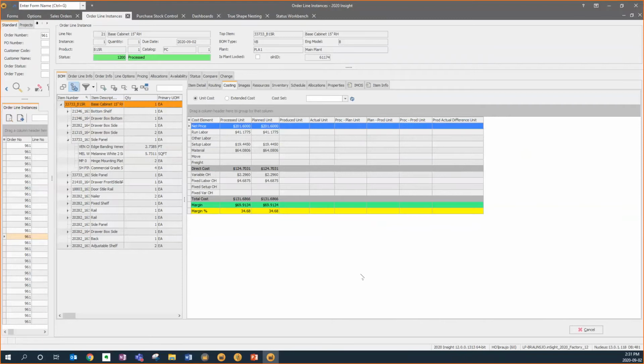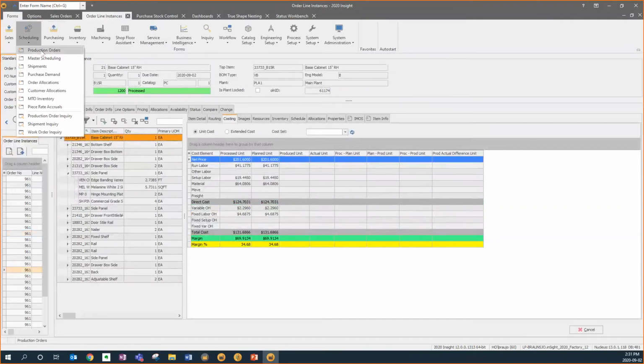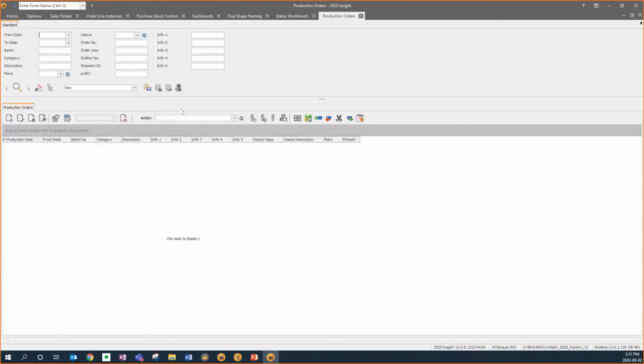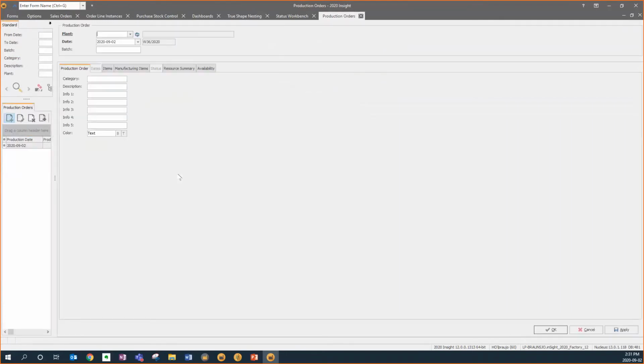Okay, so far for the bill of material here and the costing side. As a next step, as I said, we imported a job. We just made a status change and generated the bill of material. Now, the next step is we want to schedule the job into production. For that, we go to our scheduling here and production orders. And what I'm doing now, I'm creating a production batch just for that one single job. And very easily, I can say I do this for my plant number 1. My production end date here is the 4th, and